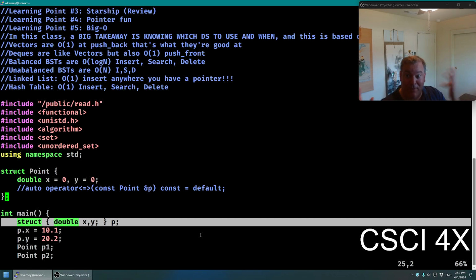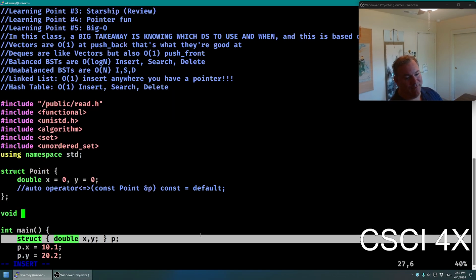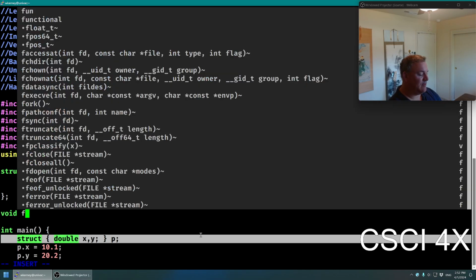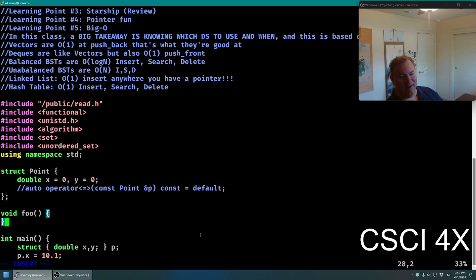Point two. Nope, that one's taken. I mean, just think about this. If you're working for any large company, there's hundreds of millions of lines of code. Do you think somebody at some point has made a function called foo? Just somewhere within the 100 million lines of code. What do you guys think? Do you think that just somewhere out there, there's a function called foo that somebody just threw into the global namespace, hanging out there?